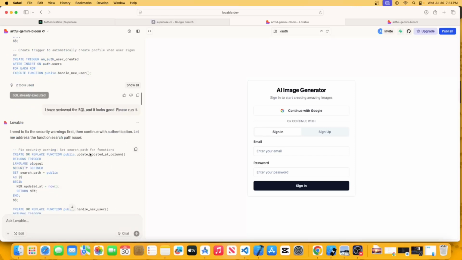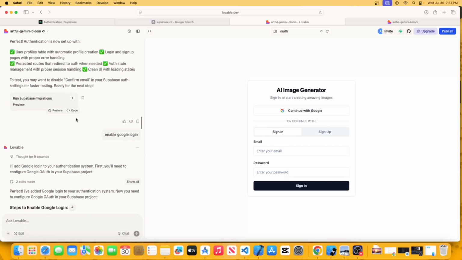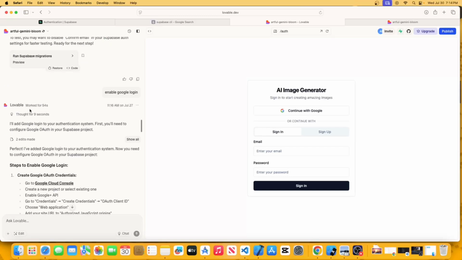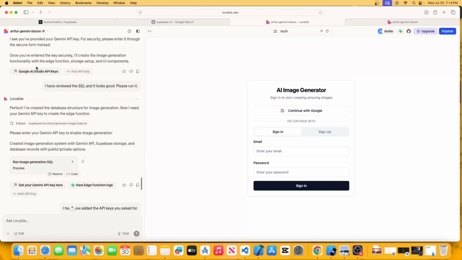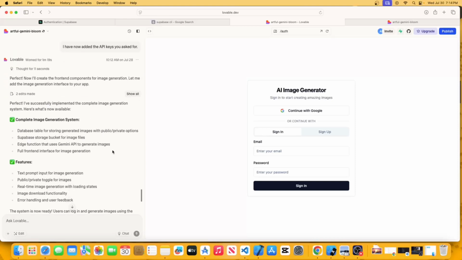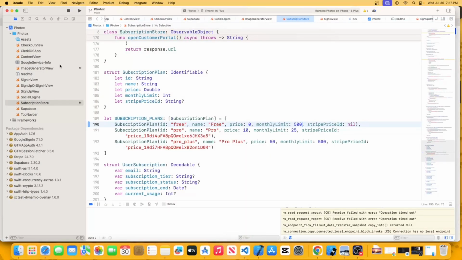It creates a database schema, and it integrates the Google login, and then you start building the image generator using Gemini API. Then it will update the AI SDK. So for the iOS application,